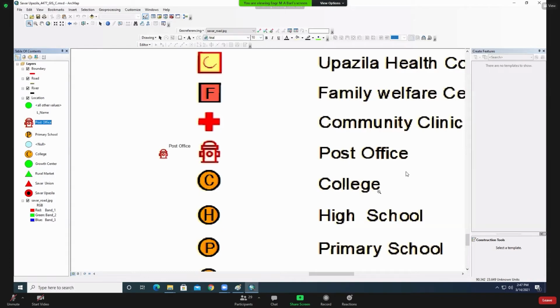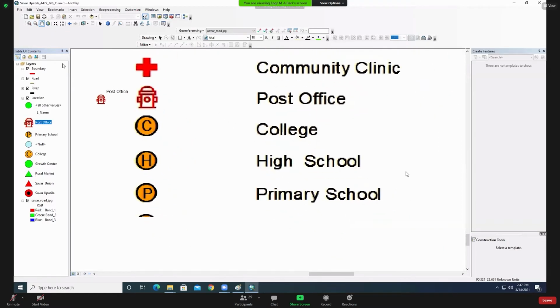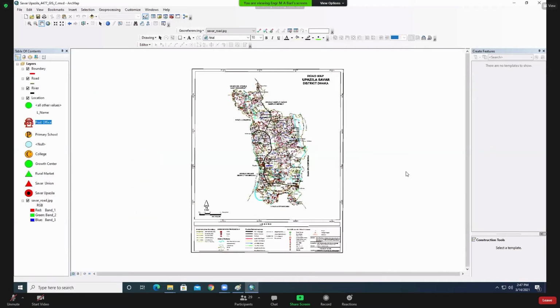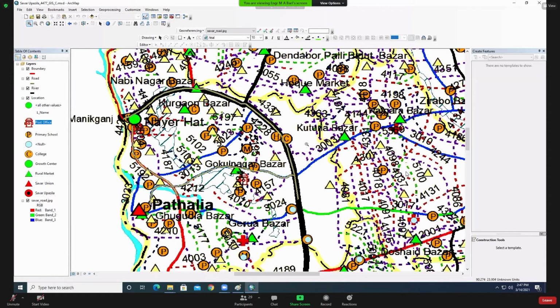Next, if your symbol of any category is not available, then how to draw it, you know that. Now I am going to the next important thing, the electrical. You may also face the same type of problem, so how to overcome it here. Now look at the road.